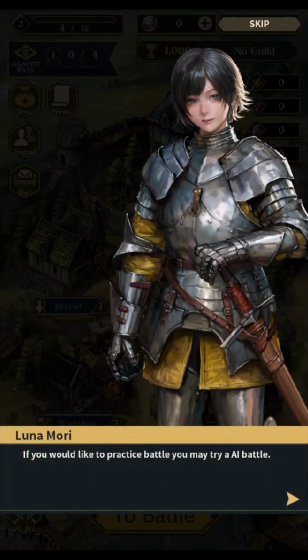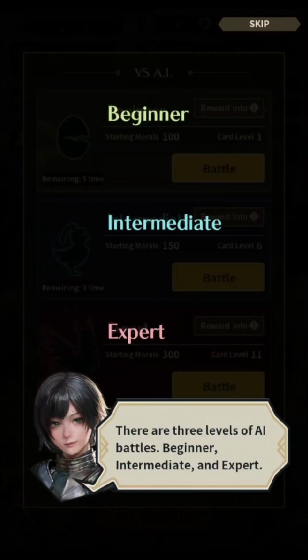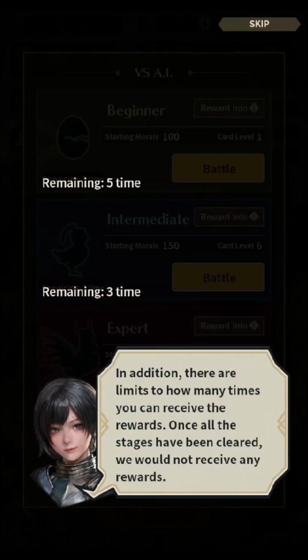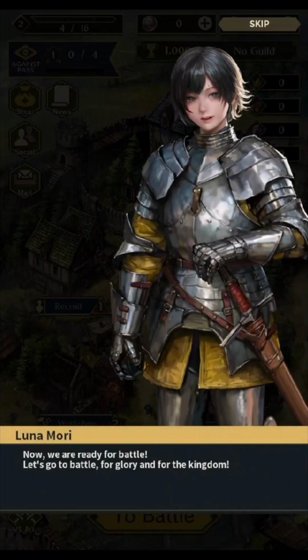If you would like to practice battle, there are 3 levels of rewards for clearing each difficulty level. In addition, there are limits to how many times you can, however, you can always battle an AI to try. Now, we are